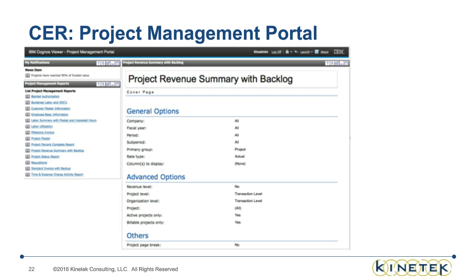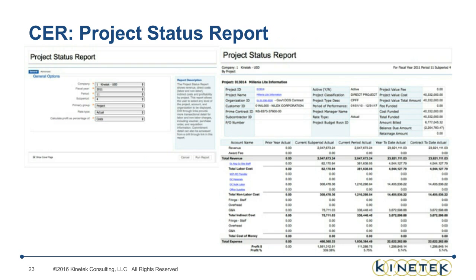So some of the reports that we see out of CER are these. We see a project revenue summary with backlog, and we see that come up right here on our project management portal. Always very useful tools to see where we are and how much we have left to get into the future. We obviously have a project status report. The project status report is nice because it has some drill-through functionality, which we don't get in Costpoint. So we can generate our project status reports. We can see what our revenue is, current period, year to date, and inception to date. We can compare that against budgets if we have that in Costpoint, and then we can drill down into transactions should we need to. So that's typically a staple report that we like to look at.